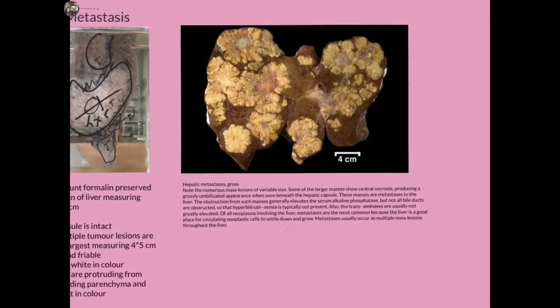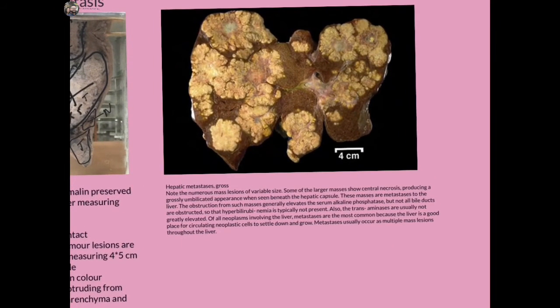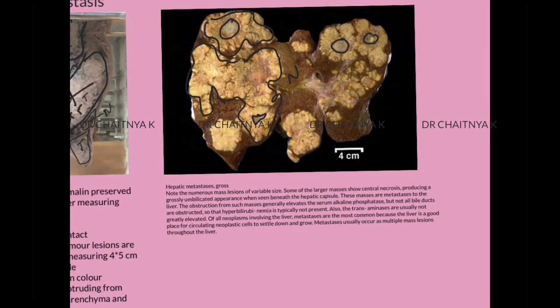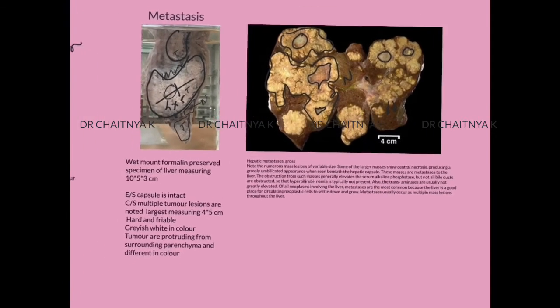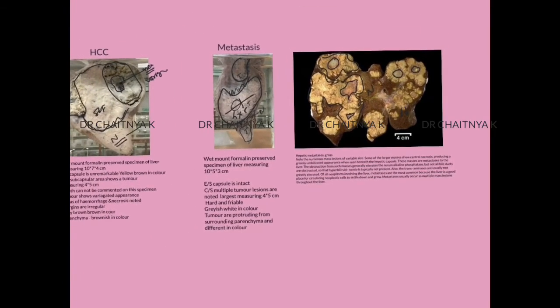This is another specimen of the liver from the book. Here you can see clearly what I was talking about, the umbilication and the multiple tumors. These tumors show a yellowish, grayish and whitish color. There are multiple tumors which are compressing the normal parenchyma. In the center you can see this part, which is called the umbilication, the depression of the tumor in the central part due to scarcity of blood supply, and the normal parenchyma has been compressed by this tumor. So these are the classical features of metastasis to the liver. They are not arising from the liver tissue. So these are the two specimens you have in examination.